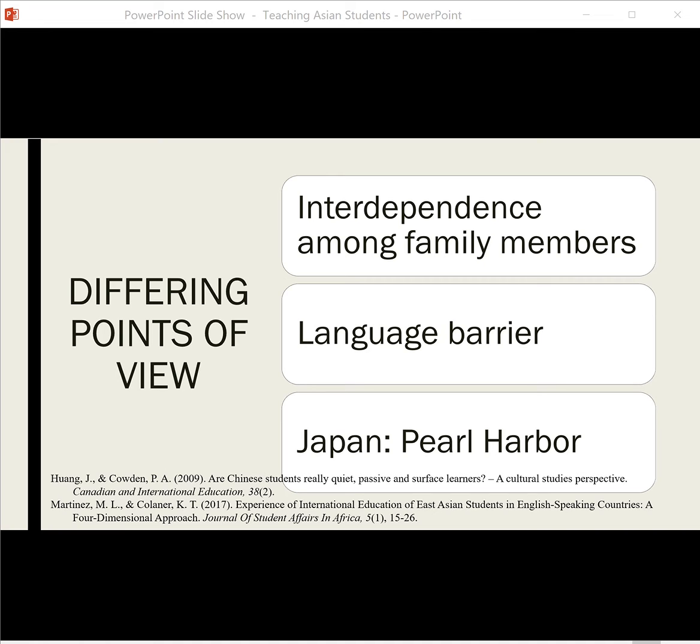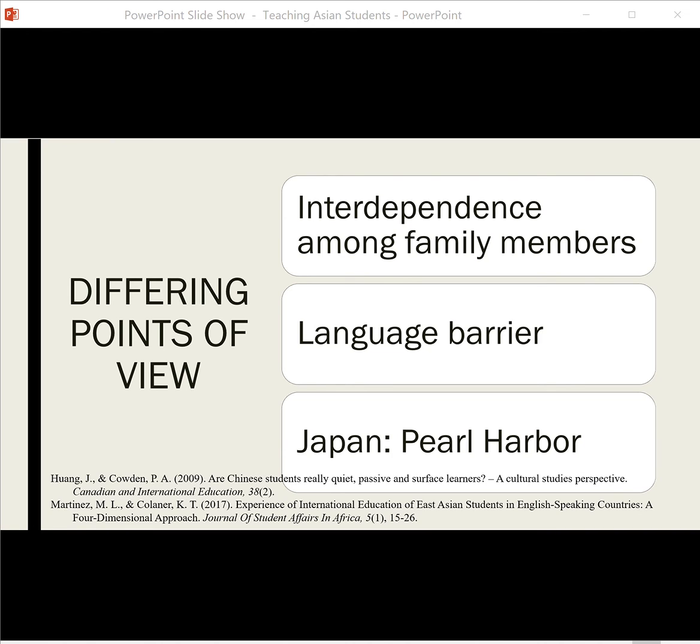The language barrier. Sometimes people will think that just because an Asian student can't talk as fluent as everyone else, that they don't have enough intelligence or capability to learn. And that's something we have to show our students, that this is not right, that just because their fellow classmates can't speak English that well doesn't mean they're any less human, any less